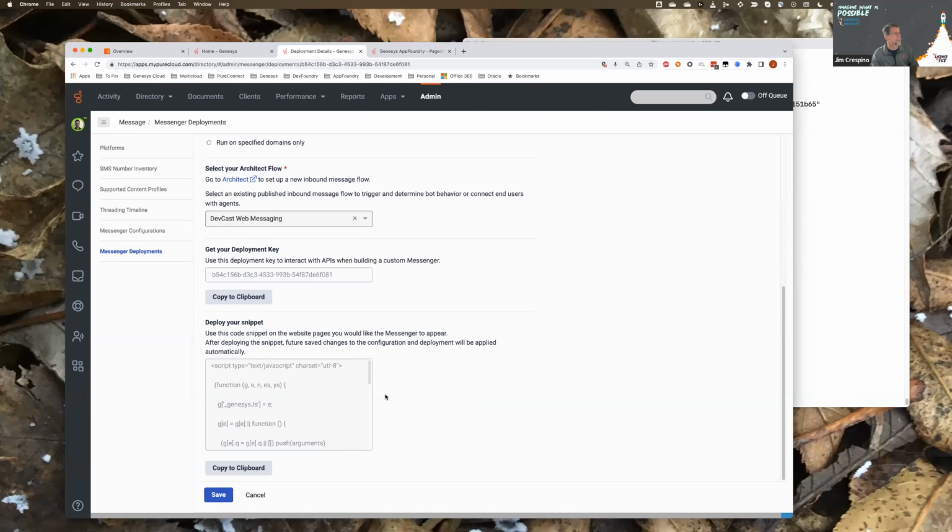It is similar to the script that you would deploy for web chat. It's just a different script. It calls different APIs on Genesys to launch that, but it should be an easy switch to kind of put web messaging onto a website versus web chat.